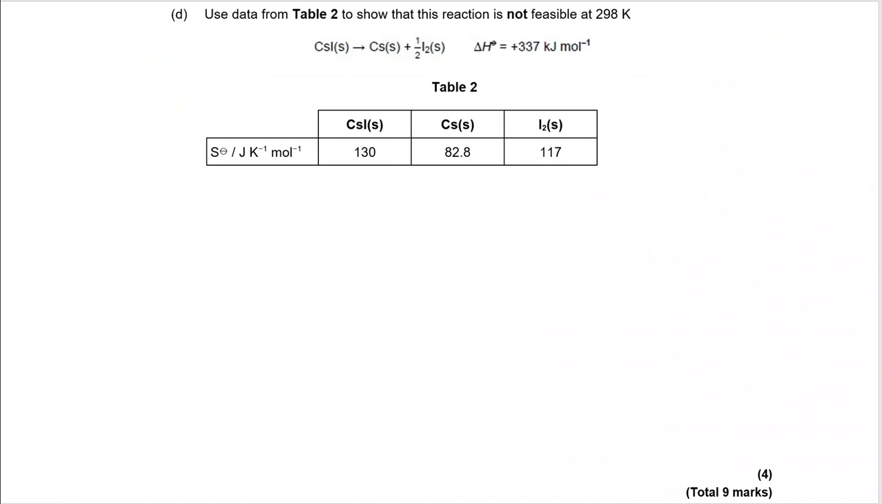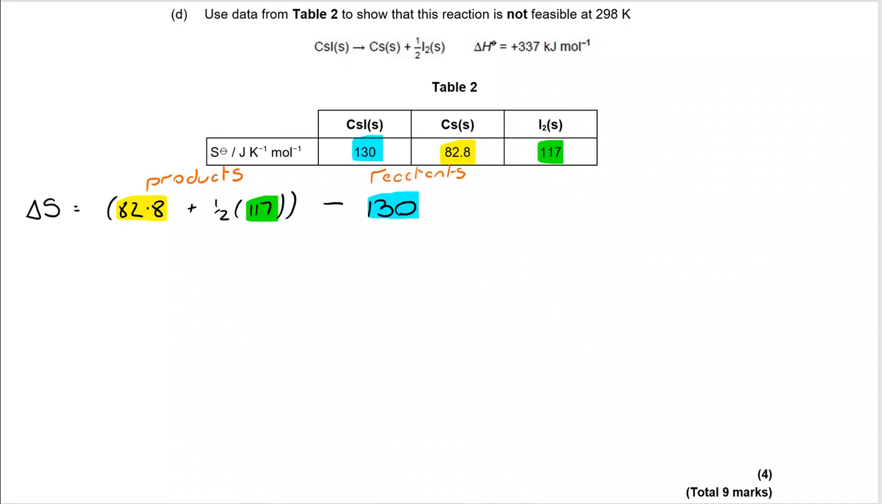Well, the first thing you need to do is calculate delta S. I've got here the sum of the entropy of products, and because it's half I2 in the equation, I am halving the 117 value. So they are the products, and I take away the sum of the entropy of reactants. That's 130 in this case. It gives me an overall delta S value of 11.3 joules per Kelvin per mole, and we've got the first